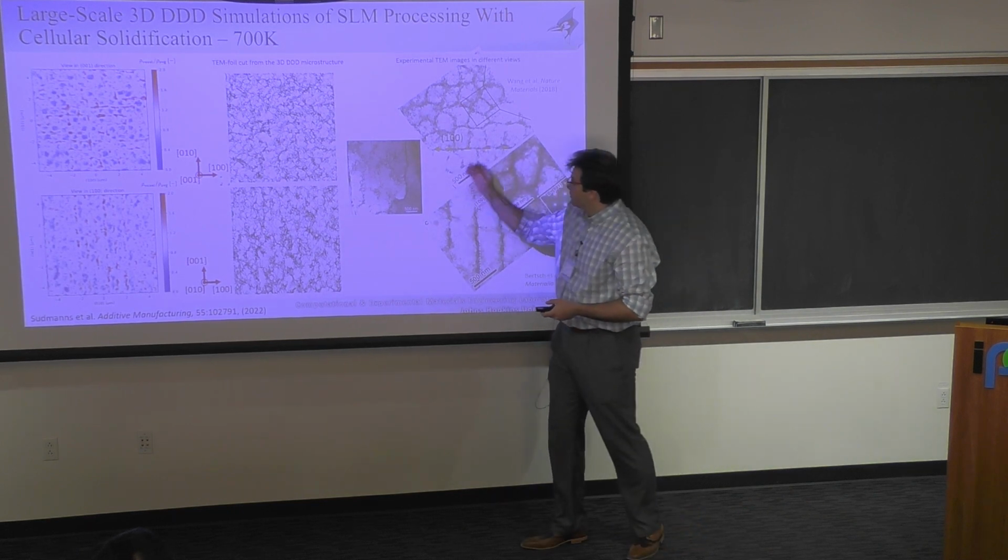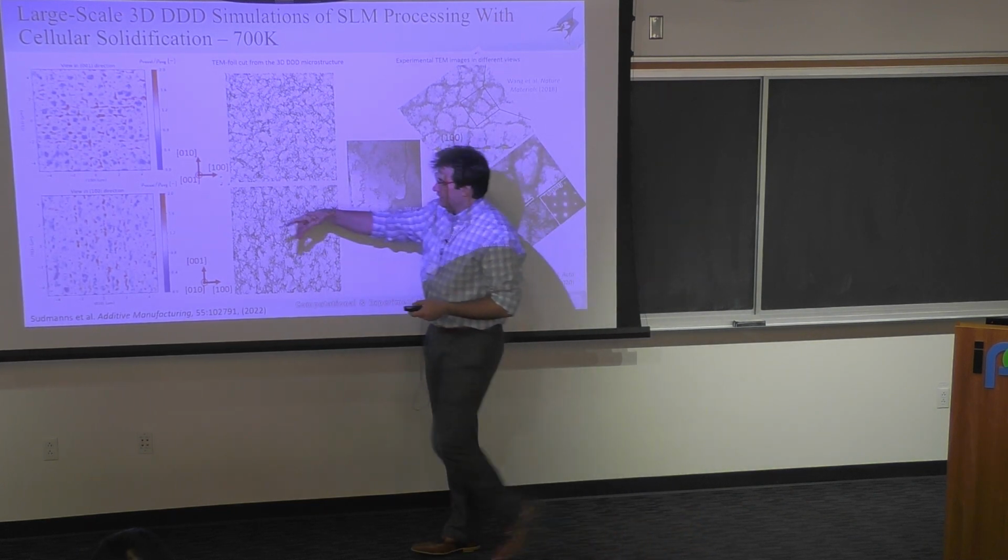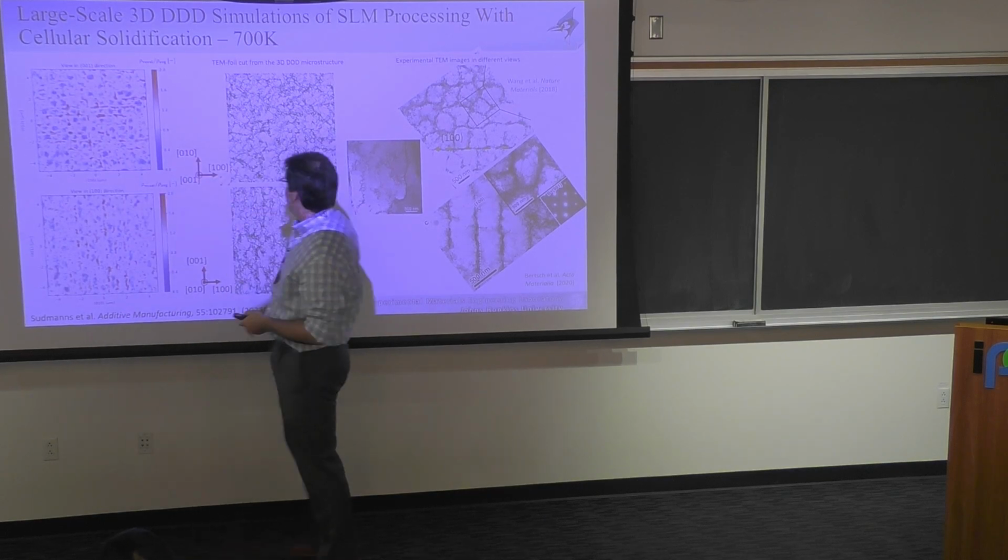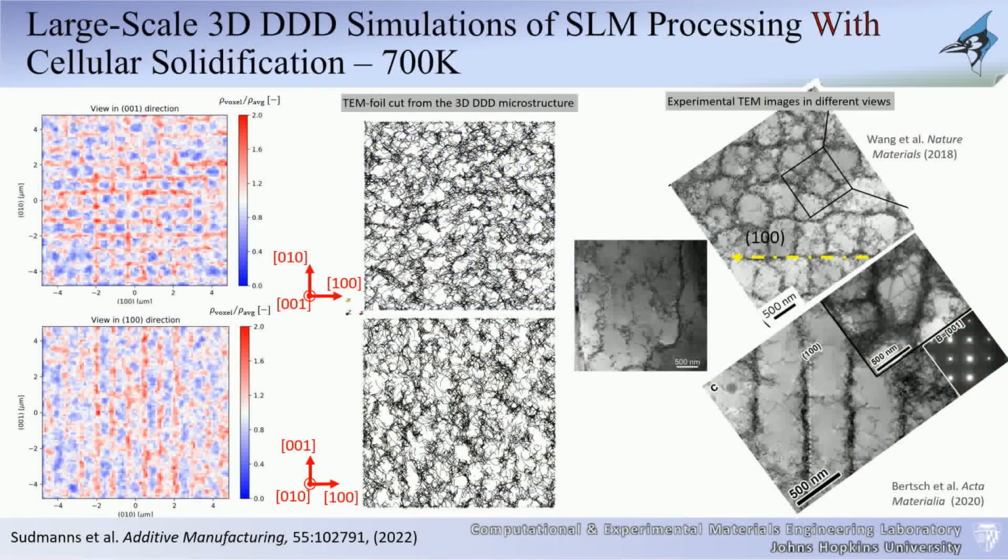These are the actual experiments. This is that 100 orientation that I keep showing you here with that checkered representation. This was a TEM foil that was extracted in the other direction. So now you see these elongated channels that are forming. And again, if you look at that same behavior, you'll see the elongated channels forming. So it gives us a better feeling that we're actually capturing this type of behavior. This analysis is allowing us to show that the chemical segregation, or the higher concentrations of molybdenum and chrome, are resulting in the dislocations being pinned along these chemical walls and thus trapped, and that's where you're getting these high dislocation densities.